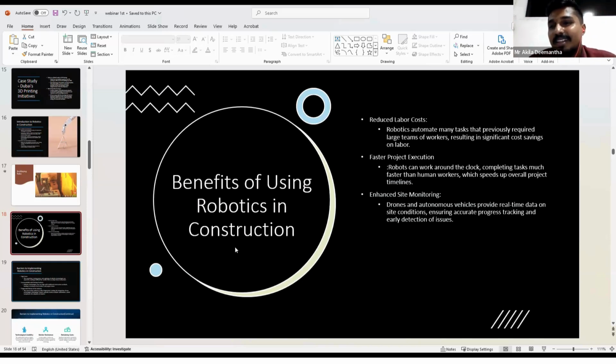So it's kind of a marvelous thing, and we cannot see this kind of technology in Sri Lanka. But if you are migrating to the Gulf countries and other countries, we can see and we can use these technologies to minimize the labor cost and for faster project execution and